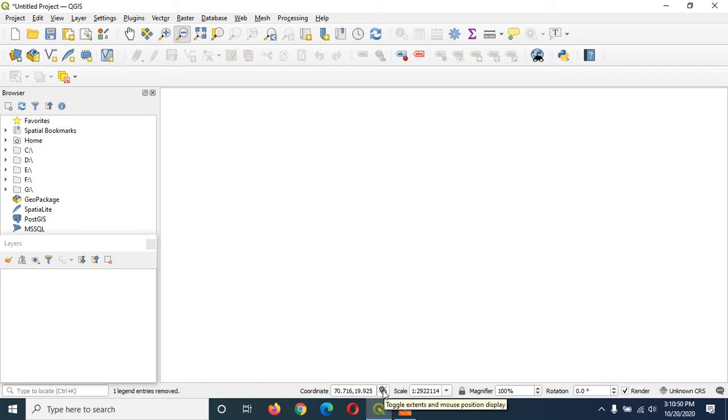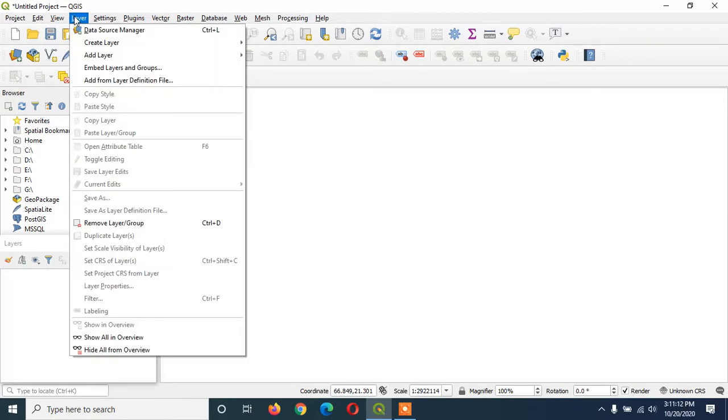This is a QGIS project. We'll see how to add vector line data in this project. This vector line data is created by someone and we are adding it in the project. So we are using readily available vector line data. Vector line data is available in shapefile. So we are going to add a .shp file.